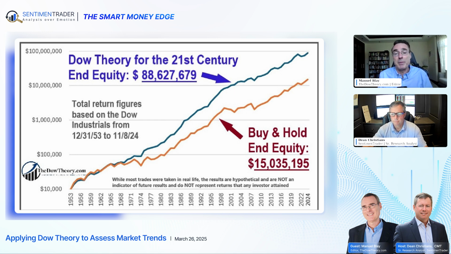You see the Dow Theory makes much more money, in this case 88 millions versus 15 for buy and hold. But more importantly, please bear in mind that this is a log chart, which doesn't exaggerate our performance, but the difference in performance is huge, 88 million versus 15 million